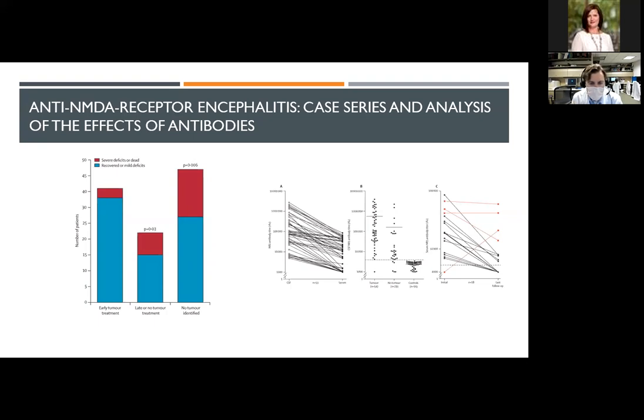Patients who did better tended to have, with treatment, their antibody titers lowered. So it does show some evidence for actually monitoring at least this antibody over time in patients to see if they might have a recurrence. And they also found a lot higher antibody titers in the CSF than in the serum, which is why we also often test both, if not just the CSF. But I don't know that that's necessarily been shown in other antibodies, but this is the data we have. So this is what we go with.